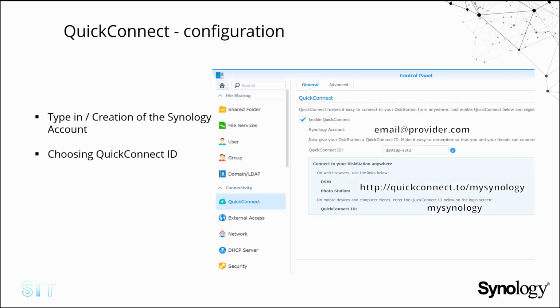How do we set up QuickConnect? This is easily done via the control panel in the QuickConnect section. All we need is a free Synology account and set our requested ID here. After successful registration, we will also see this QuickConnect ID in the bottom section, which we can also enter into our Synology apps, and also the QuickConnect.to address that we need if we want to access our NAS from our